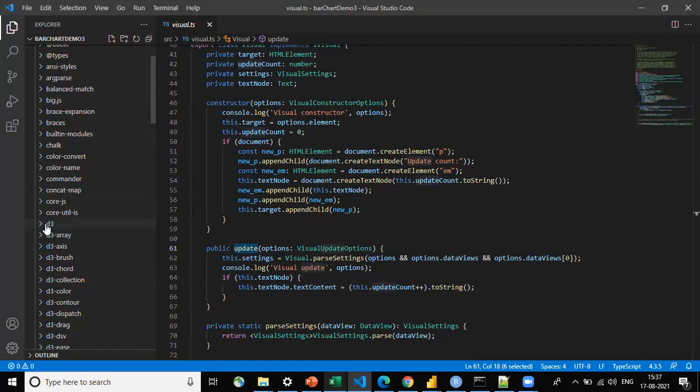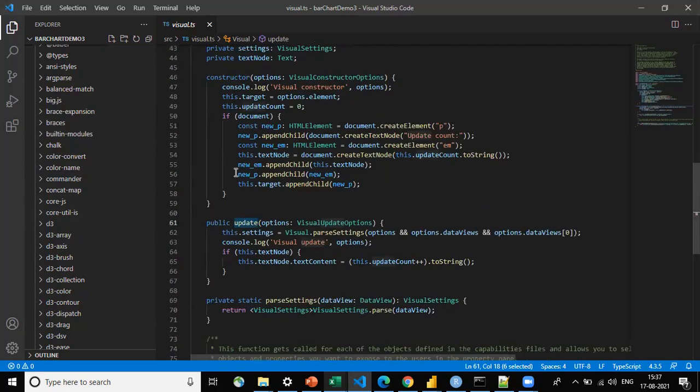So this will assist us in creating different kinds of shapes. Inside the constructor, we need to construct all the shapes we want. Then we call them inside this update function, so that every time the data changes, the visual will change. So I'll just show you how to create base visuals.